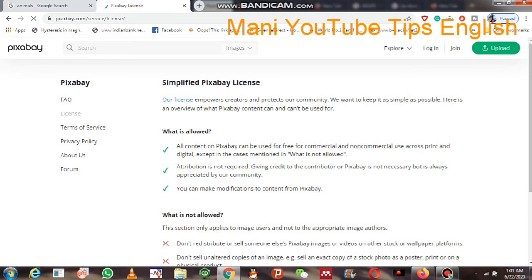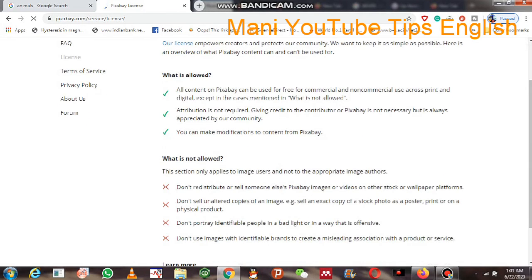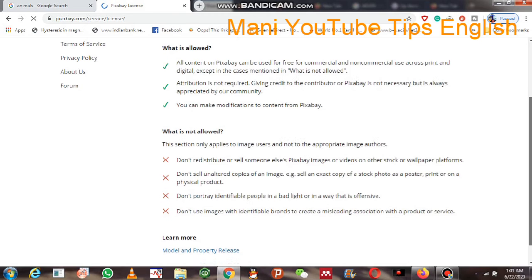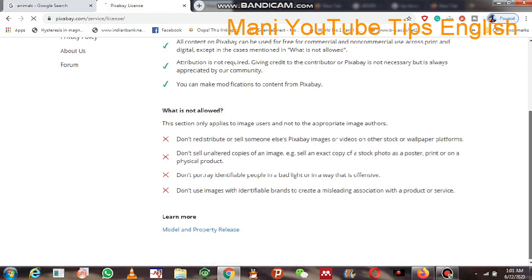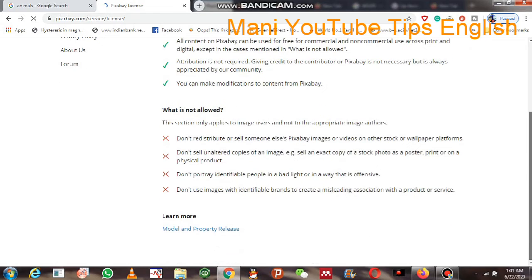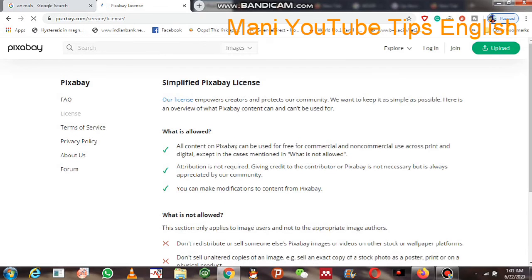If you download any images from this website, you can give appreciation or credit to this website or the original creators. They made a lot of effort to capture those images at a critical point of time. So you must give credit to them.